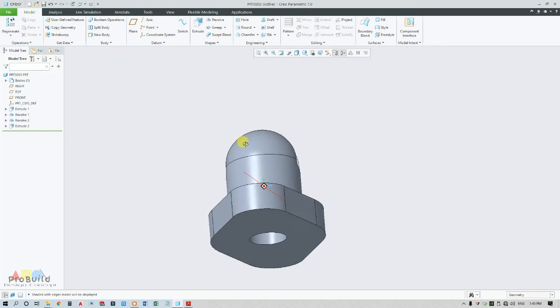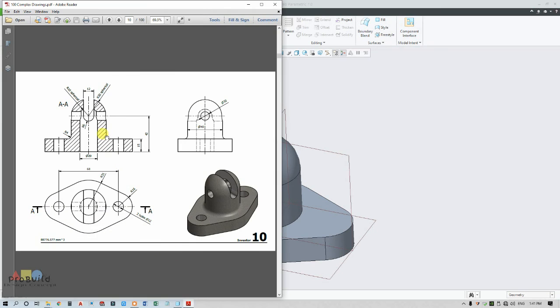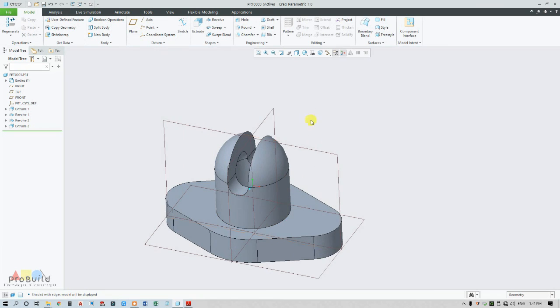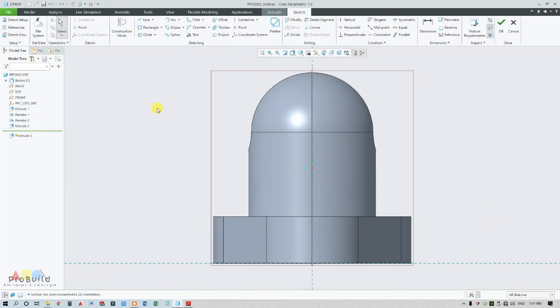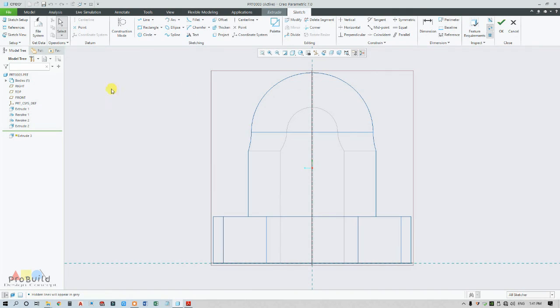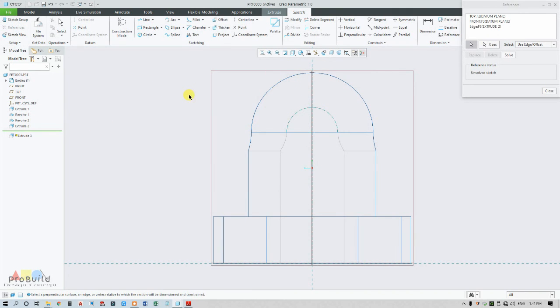So my part is almost ready except the hole, so I'm going for a hole. Actually the hole is perpendicular to the slot, so the hole's diameter is 10 and its distance is, yeah, 42, same 42. So I'm going to take this right plane, so go for extrude, change this view to hidden line, reference as this circle and this line.